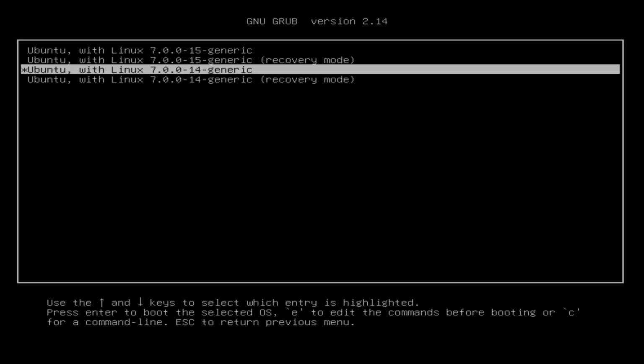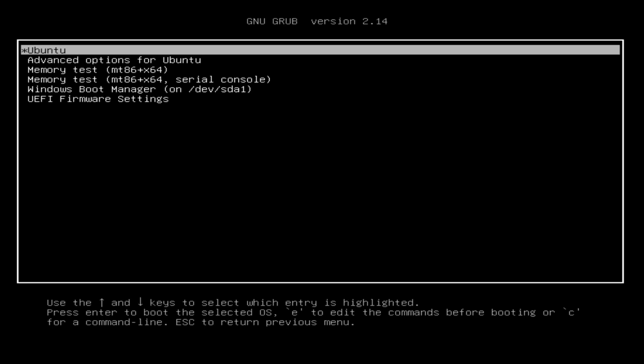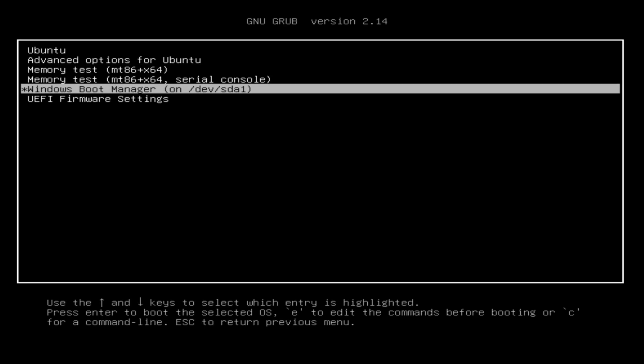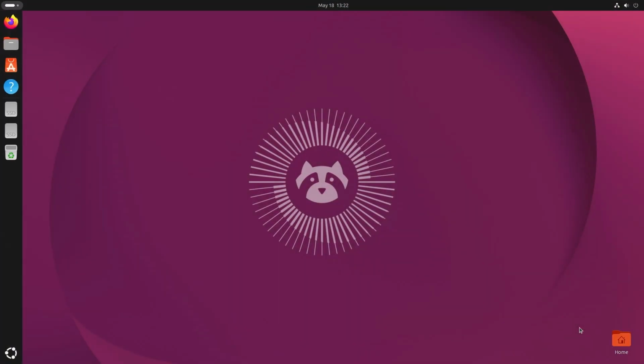But what if you don't have a backup or another kernel available? So the best way to learn would be to break the initial RAM file system and kernel and then fix it. I'm currently dual booting Ubuntu and Windows. So I'm going to go into Ubuntu, open up a terminal,